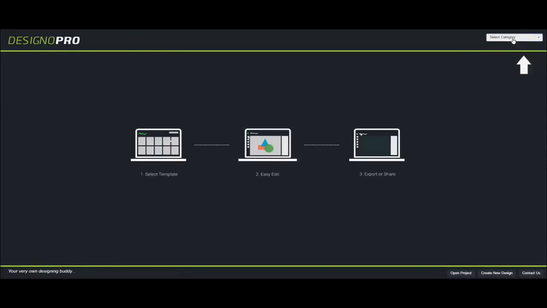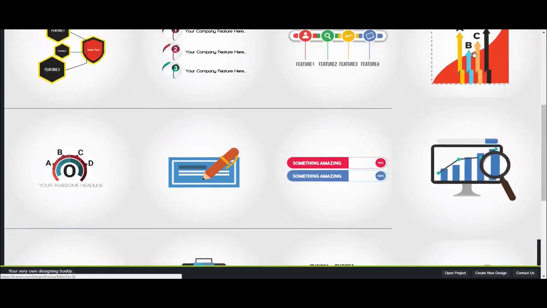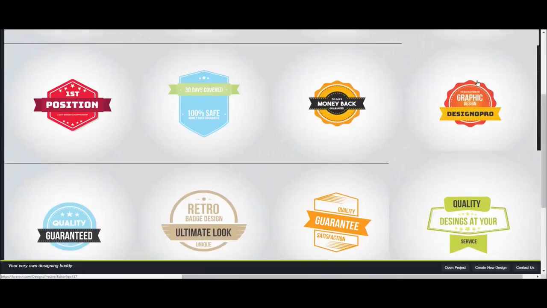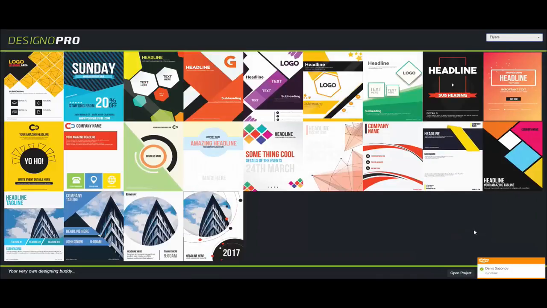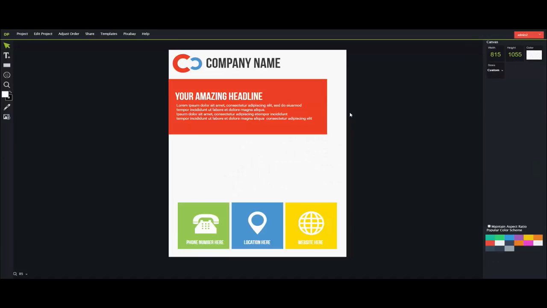Now, there are loads of designs in there, really stunning infographics for your websites. Cartoon characters are always fun to have, and these banners, they're really something, aren't they? We are adding more and more designs and categories as we speak. We aim to make Designo a hub for free graphic resource. And you know what? We have made it so simple that anybody can use it regardless of their technical skills.